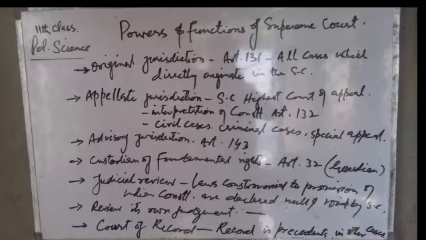The third jurisdiction is advisory jurisdiction. According to Article 143, if it appears to the President that a matter of public importance or a question of law has arisen and is expedient to obtain the opinion of the Supreme Court, the President may refer the question to the court for consideration, and the court may report after hearing it, if it feels so, to the President its opinion